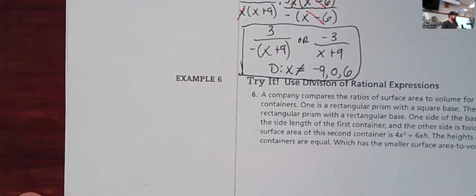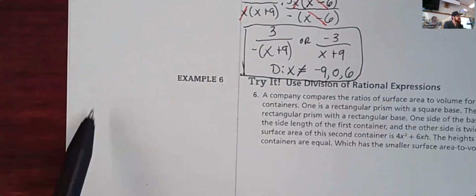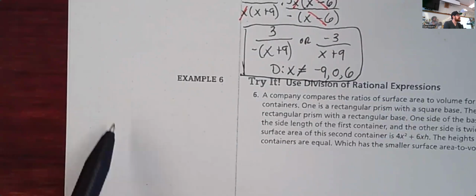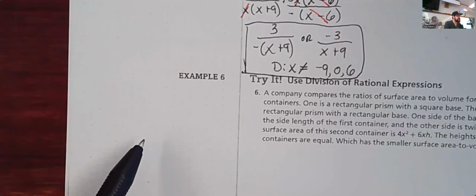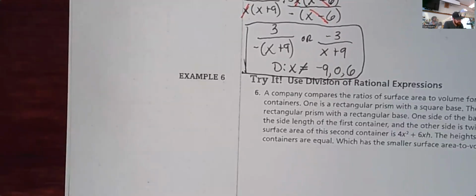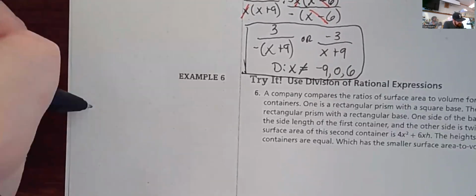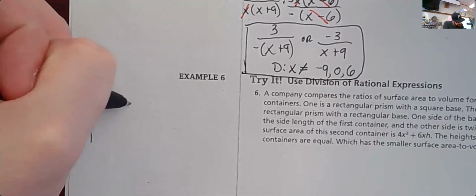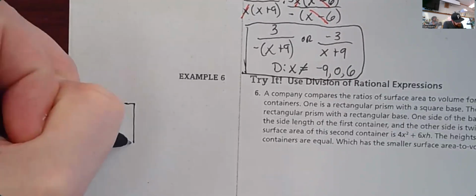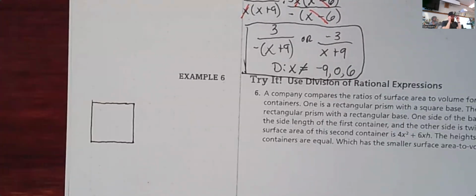We're going to draw a little bit, okay? You guys see the little dots on the left area? Kind of hard to see on my paper here, but on your paper, it should be pretty apparent that you've got dots there. So a square, what I want you to do is just, as best as you can, put a square on your paper. And so a rectangular prism with a square base just means that the bottom of it is going to be